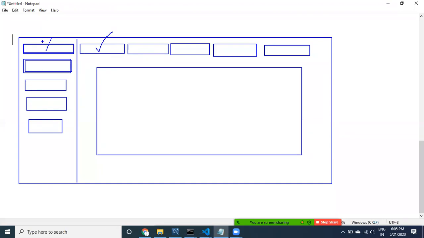So for this, let us take one example. Menu item 1, I'm going to take the naming conventions also. Menu item 1, menu item 2, menu item 3, menu item 4, menu item 5. If a menu item is clicked, what I want to display is this one. So if you want to implement like this, this is one structure.